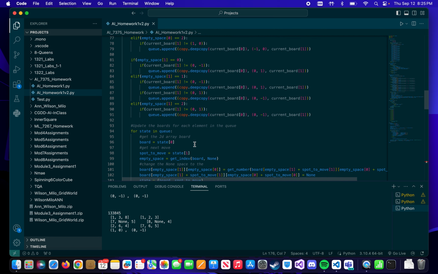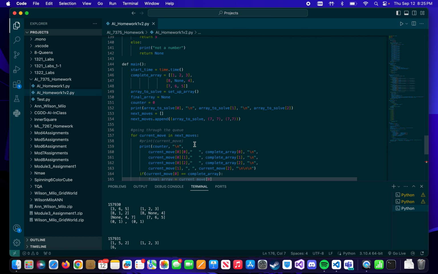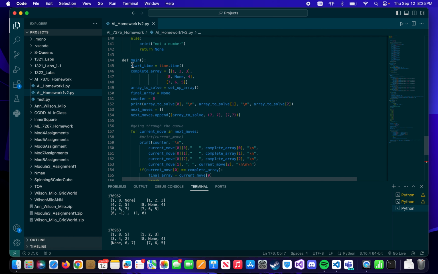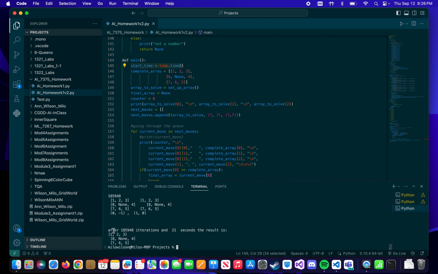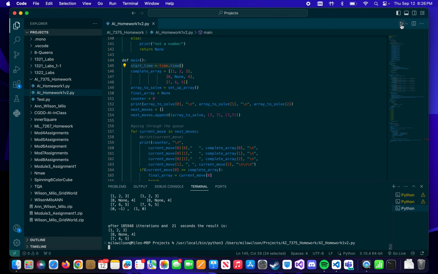So I'll start at the main method here. And the first thing that I do is get the initial time. Here you see that it was able to solve the problem in 185,948 moves, and that took like 21 seconds. So I'm gonna run it again,